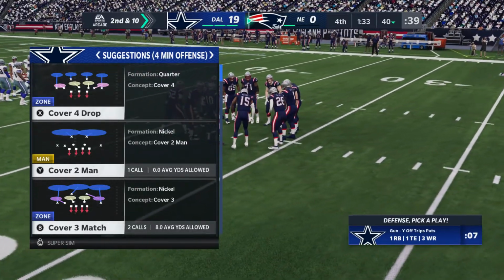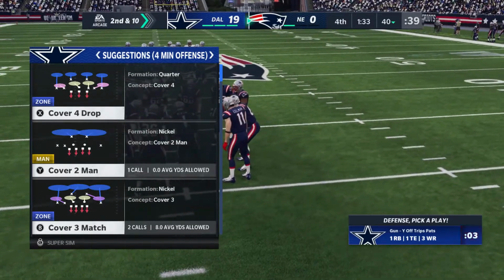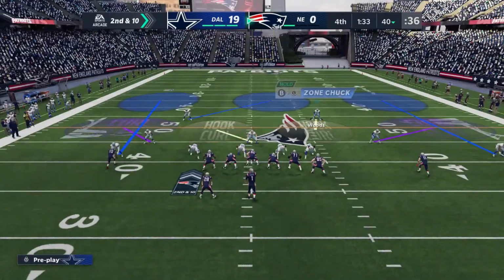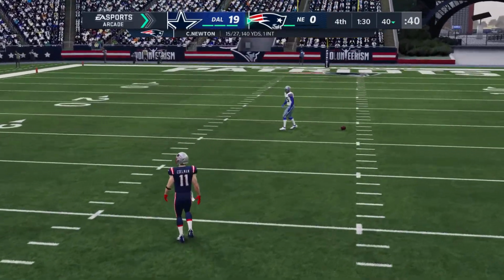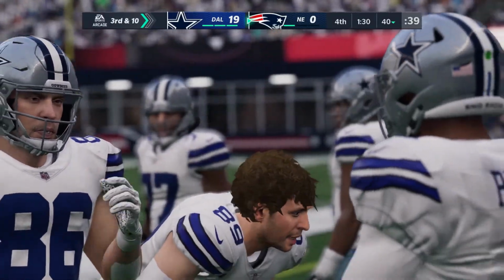That was well played, but that was also an example of a corner who understands his coverage, realized he had support behind him, and could be a little more aggressive in the shorter zone, and did exactly that, knocking that pass away. 2nd and 10, Newton again. Throwing middle, but it's incomplete. He was trying to go back to Edelman, and that